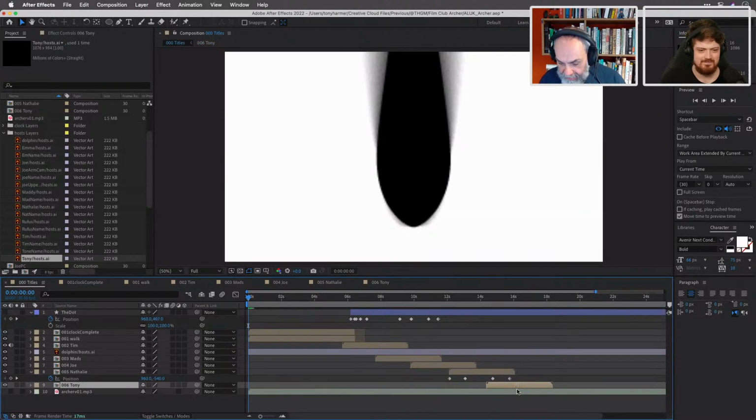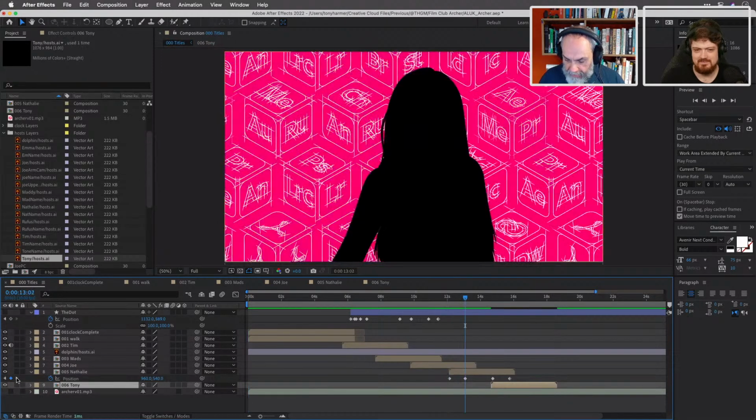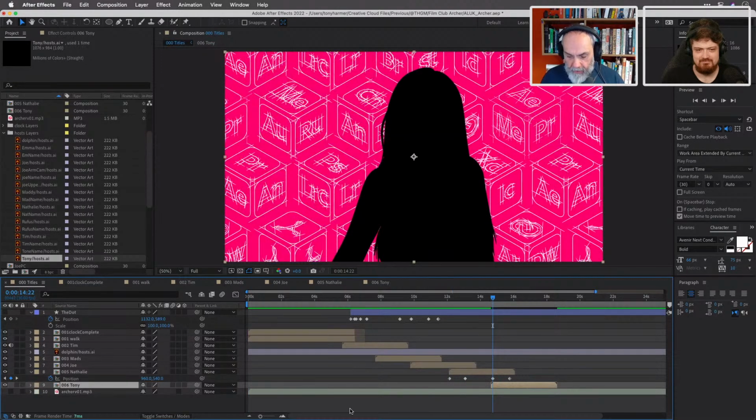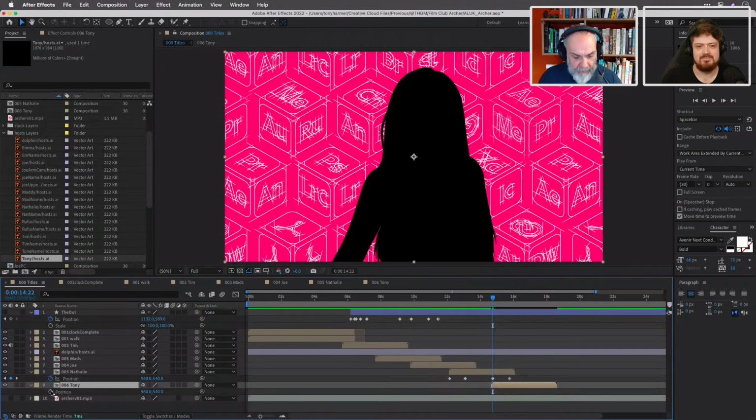Okay, let's bring this in to where it needs to be, which is just here. Let's use Natalie's position layers there to get to where I need to be on that. So let's make my position properties available. Let's go for position. Went down last time, so this one's going up. So at the moment it needs to be minus 1080. No, it doesn't. It needs to be plus 1080.